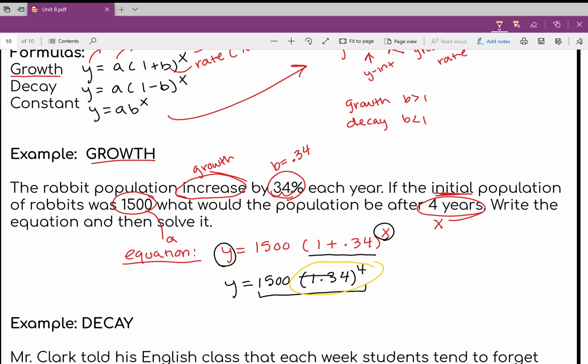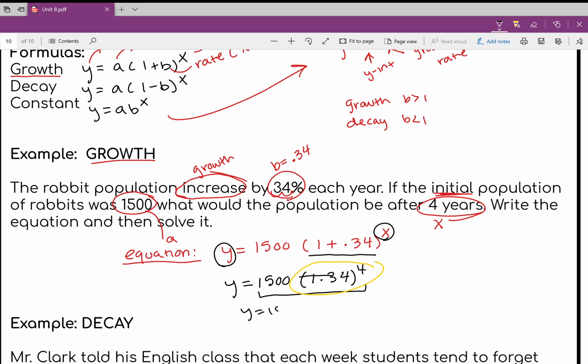Do this part first on your calculator. So do 1.34, and then if you turn your phone to the side, there's a button that says x to the power of y. Click that, and then click 4. Okay, and then that gives us a number. So then this is now